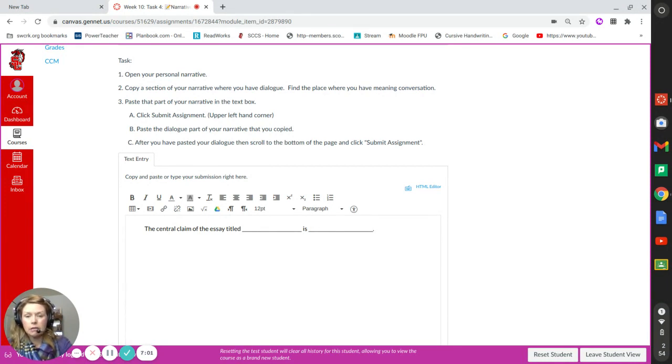Now, you're not going to go to another line, okay? You're going to say, "2 pieces of evidence that support the central claim are," and, okay. And then the next question was, what was the counterclaim? Okay. And then you would say, "The counterclaim is," okay. "However,"